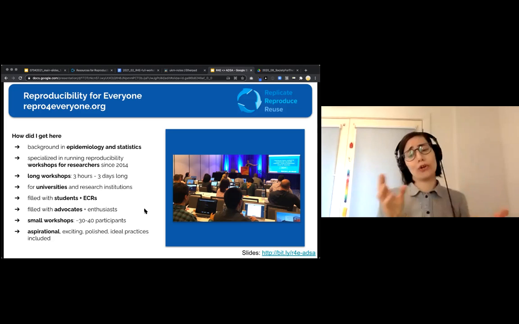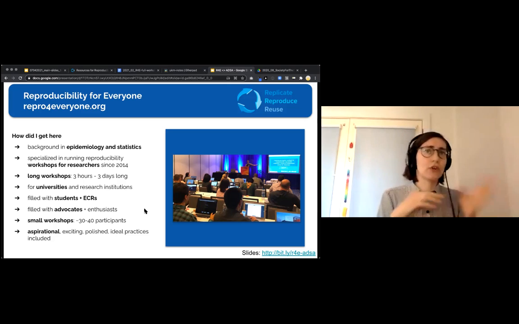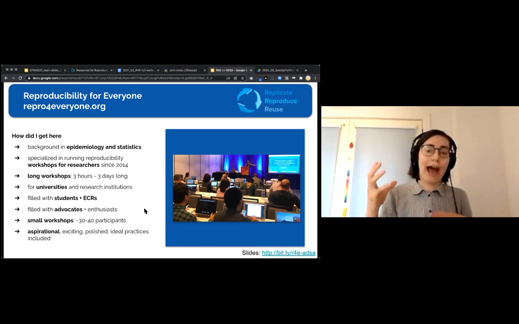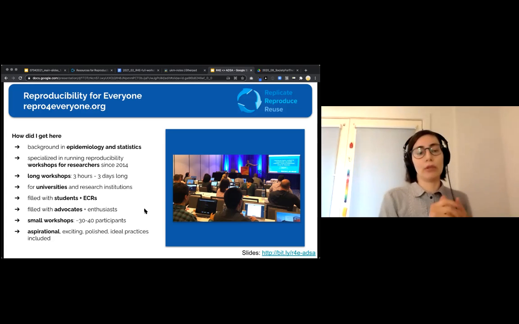And we usually had like 30 or 40 people in a room, because if you're doing a lot of hands-on stuff, a lot of live programming and that sort of thing, that seems to be about a natural cap for people in the room.